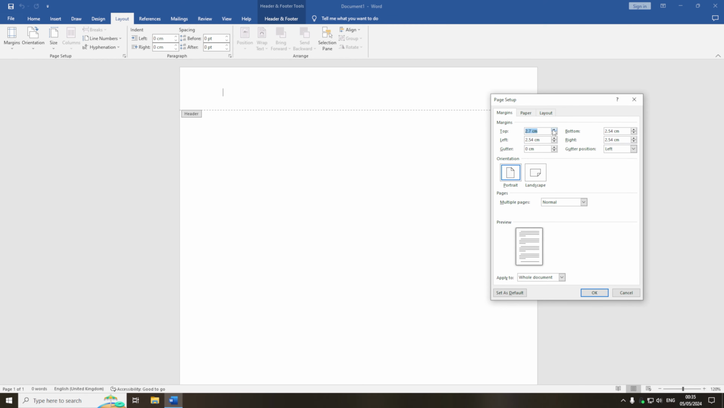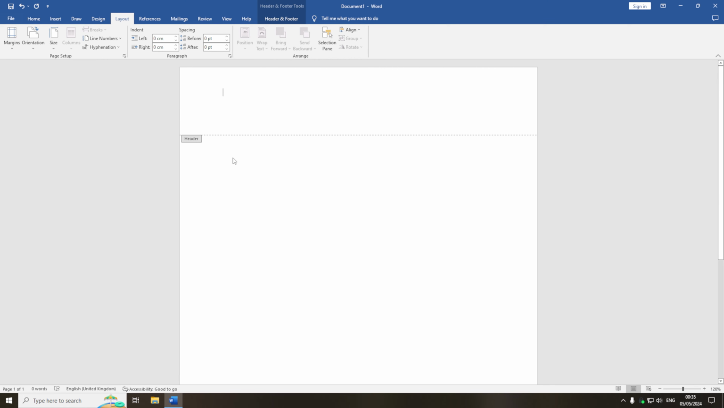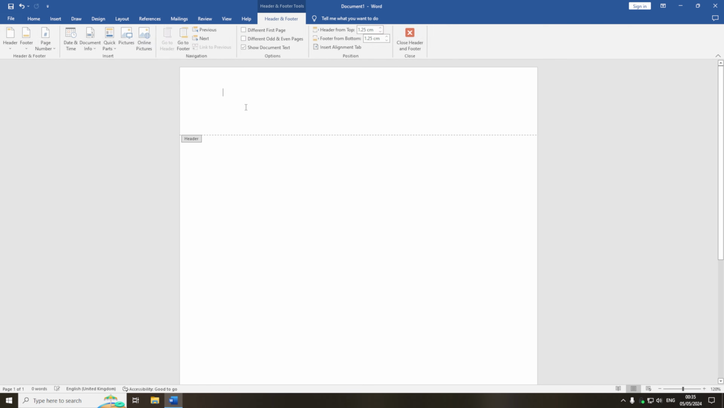So for example, if I increase the top margin to say 4 centimeters, and then I click OK to apply it, as you can see the header has now got larger. So if we now double click off it, the text now starts further down,